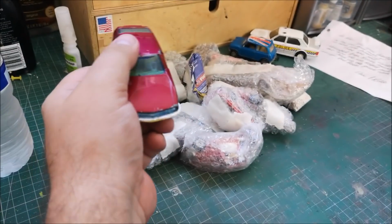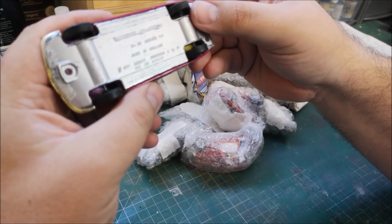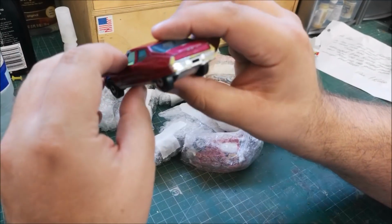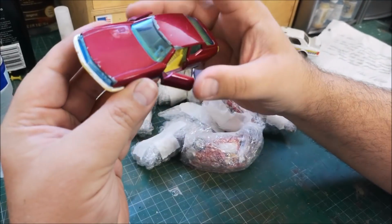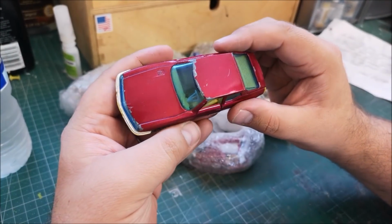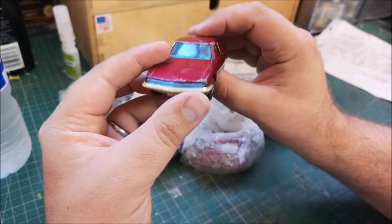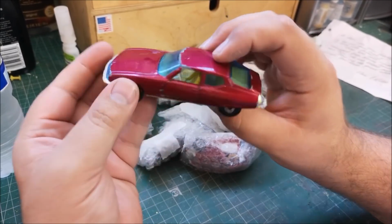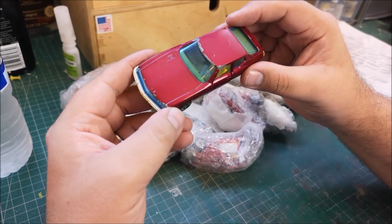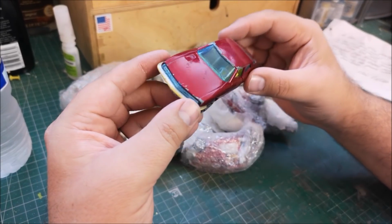Oh wow, that's cool. That is a beauty. One of my favourite cars. It's the Citroen SM, but it's Matchbox Speed Kings K33. Wow. So the windscreen is perfect, the wheels are perfect, all the chrome has come off, and there's a few chips, but to be honest, I love that. And with a new paint job,